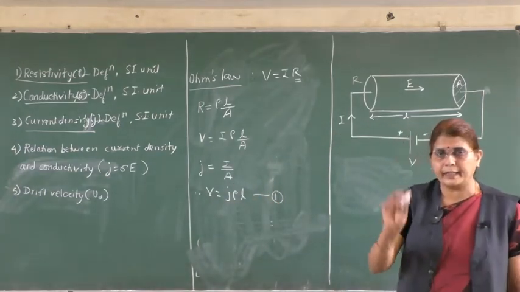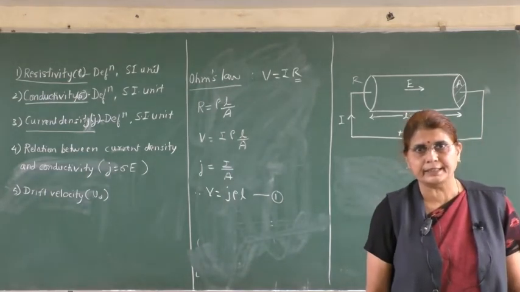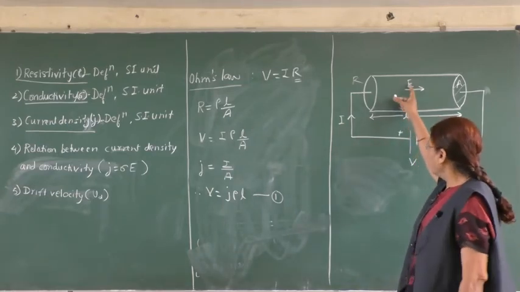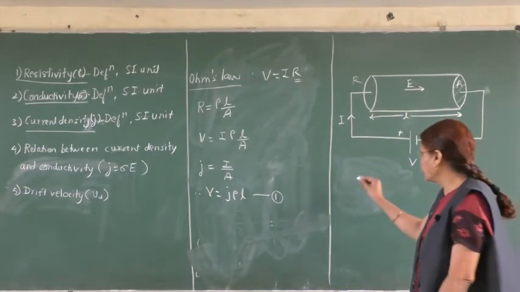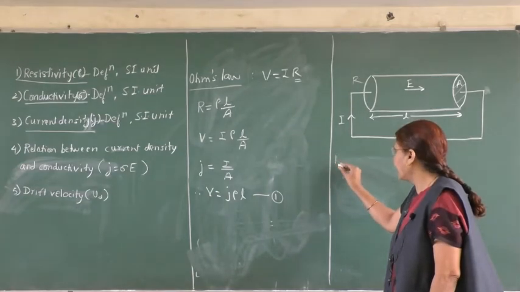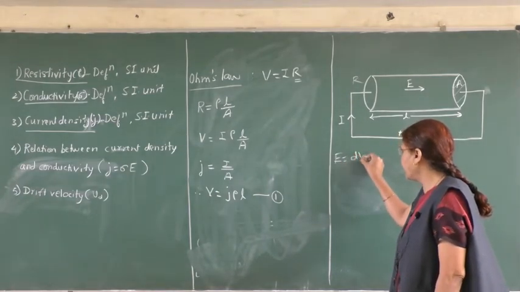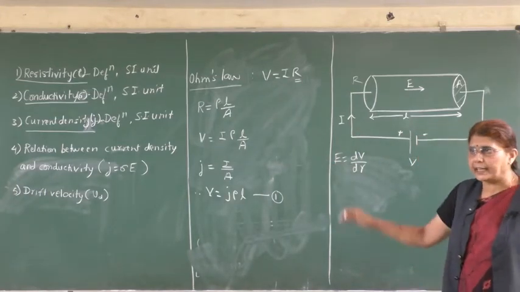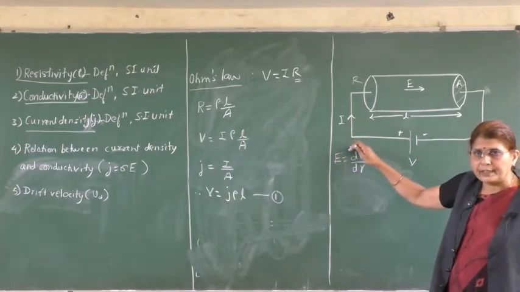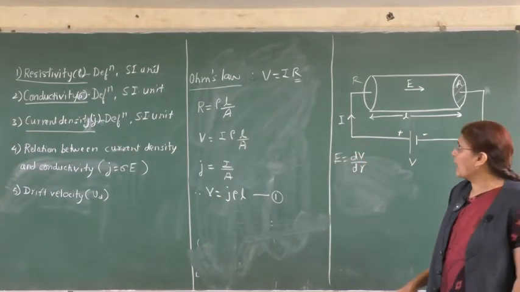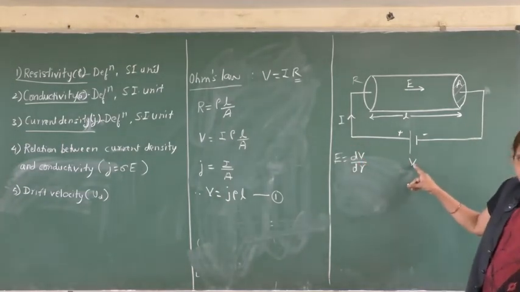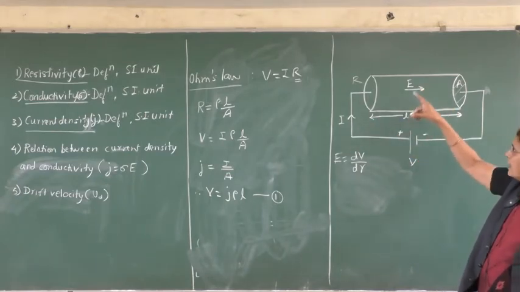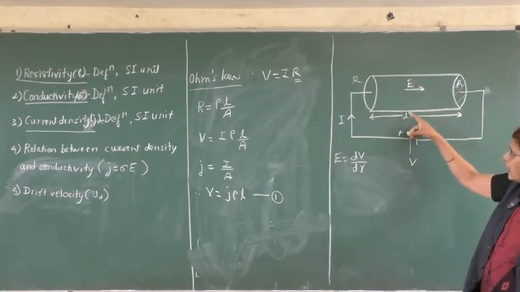We can also find another expression for the potential difference. So in the second chapter, we have a relation between the electric field and this PD. You must be knowing this relation, which you have derived already. That is, E is equal to dV by dr. This is a relation between PD and the electric field. Electric field is potential difference per unit distance. So now here, V is the potential difference applied across a distance L, and E is the electric field. So let us now try to write a relation between E, L and V.